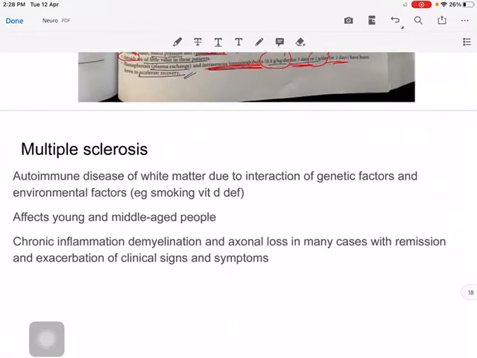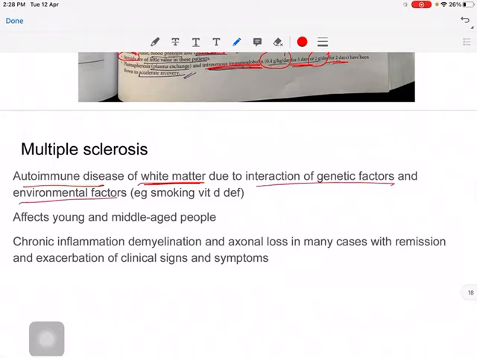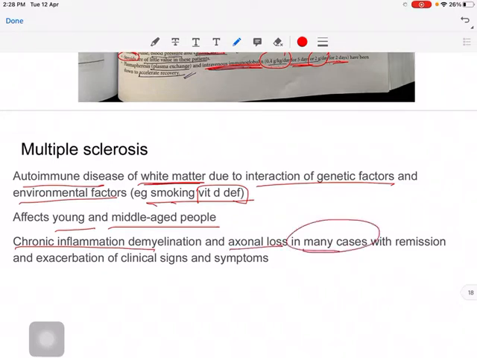Now we come to multiple sclerosis, yet another important topic. It is also an autoimmune disease of white matter, again myelin. It is an interaction of genetic and environmental factors, for example vitamin D deficiency and smoking. It affects young and middle-aged persons. What happens is there is chronic inflammation, demyelination and axonal loss in many cases, and they will remit,